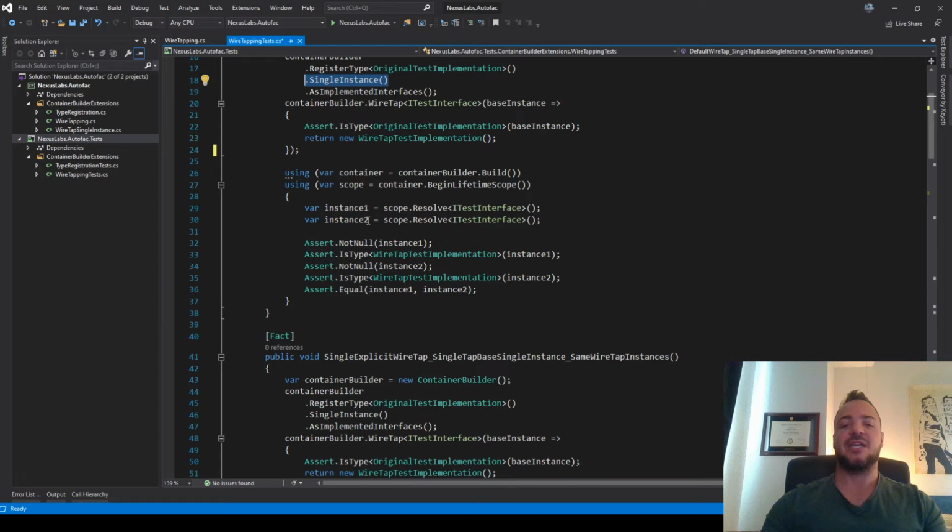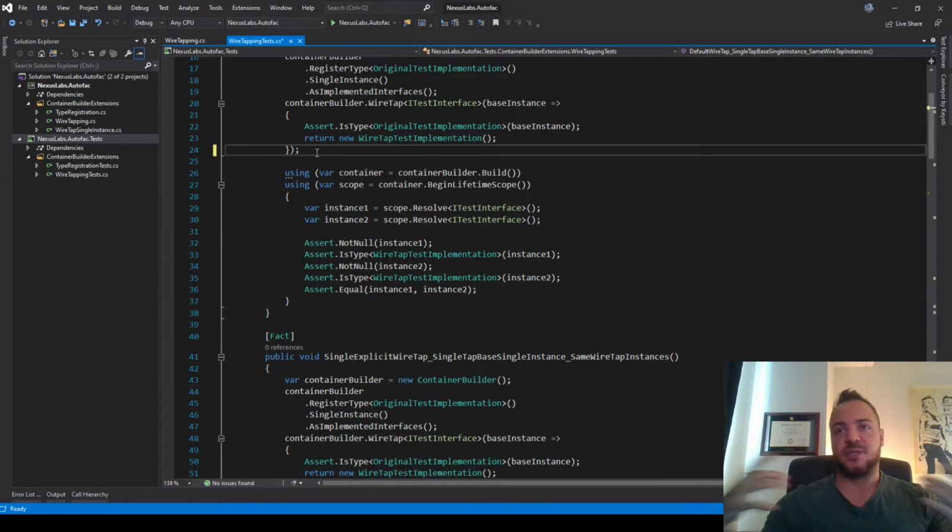However, we're wiretapping it. And one of the things I was experimenting with was maybe it would be really nice to have a default expectation of, you're about to wiretap something. It happens to be marked as single instance. Your new wiretap maybe should be single instance as well by default, right? So you don't have to explicitly say new instance or single instance. You don't have to know anything about the underlying registration. It just does what you expect. And that's really the interesting question: is this what we expect? I don't know. So I wanted to play around with it and put some tests together. That's what this whole thing's about.